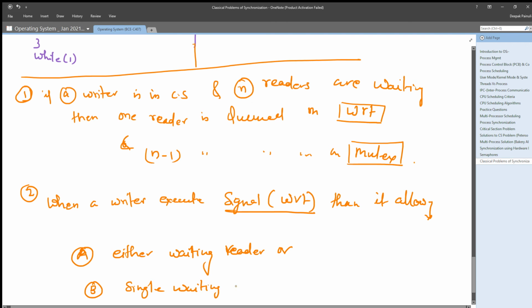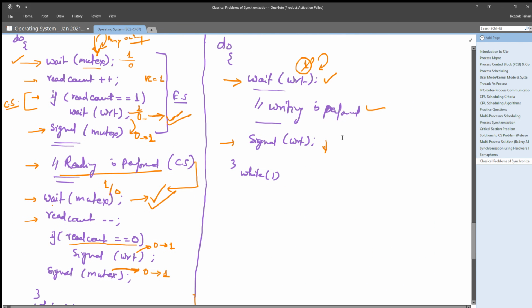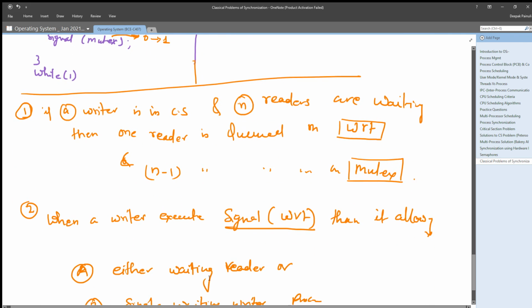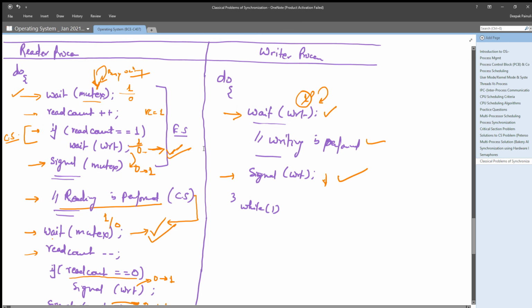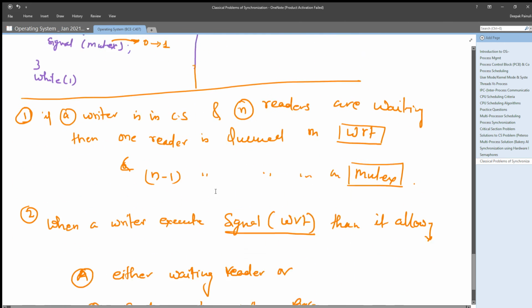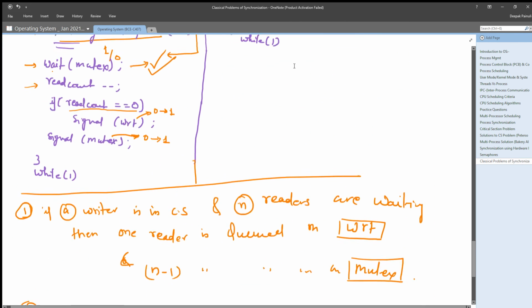So whenever a writer executes this statement, it will allow either the waiting reader processes, or a single waiting writer process.